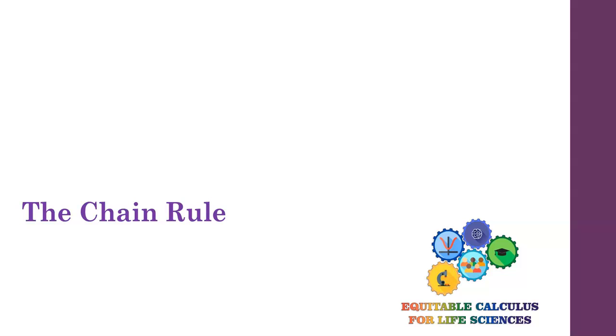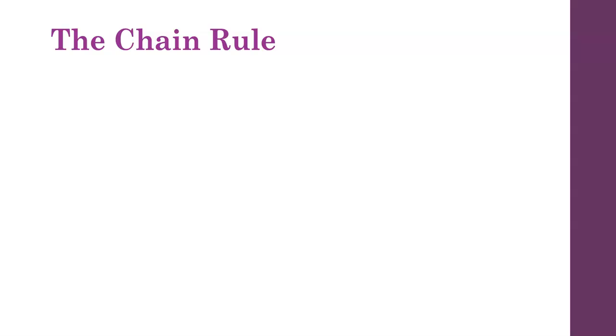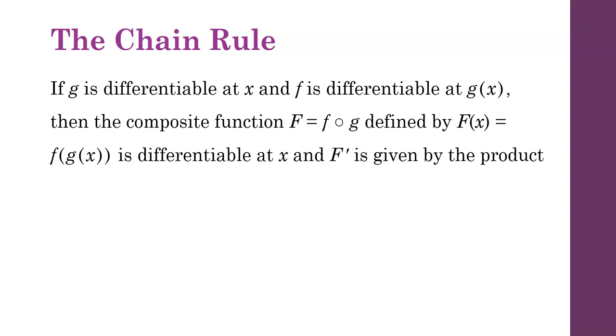The next rule we're going to look at is the chain rule, which allows us to take derivatives of function compositions. So when we have a function composed with one or more functions, in order to take the derivative, we need the chain rule. So the chain rule says if g is a differentiable function at x, and f is a differentiable function at g of x, then the composite function f of g, or f of g of x,